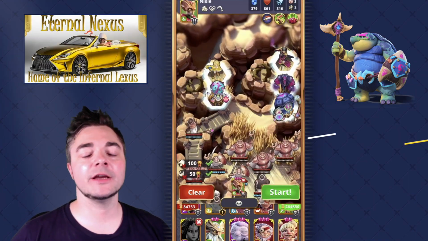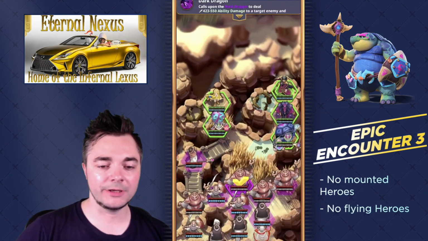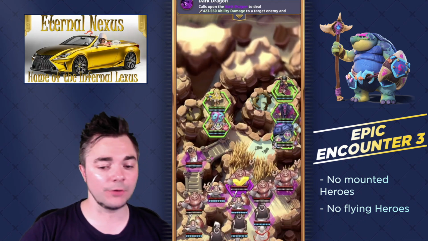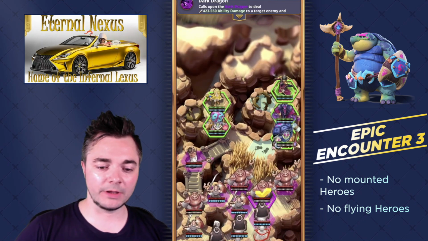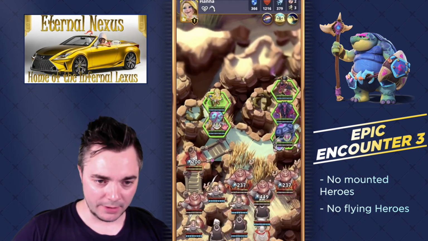In the last epic encounter, we're neither allowed to bring any mounted units, nor are we allowed to bring any flying units. Now that still gives us a lot of options to choose from. Question number 1 is, where do we let the Dark Dragon fly to bring some darkness on this map? There's also